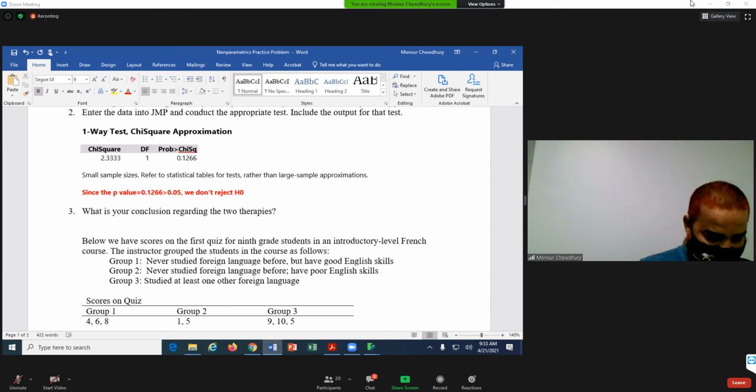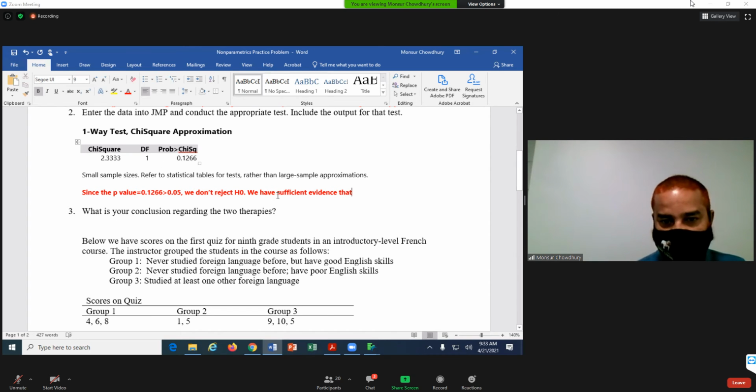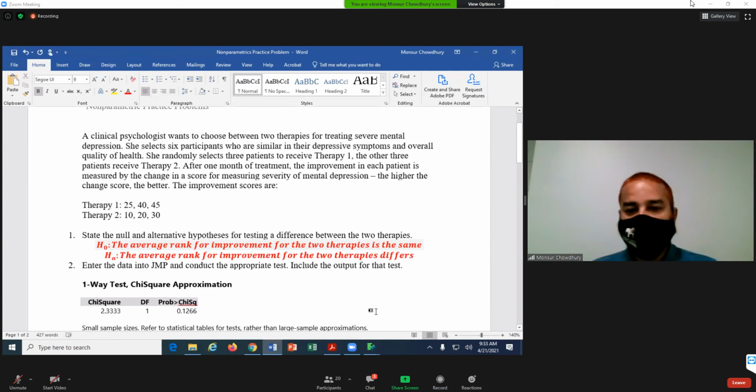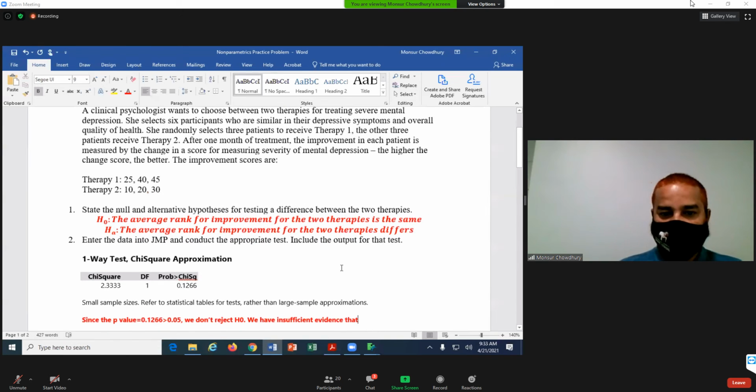So if we don't reject H0, that means we have insufficient evidence that there exist differences. So the average rank for improvement for the two therapies differs.